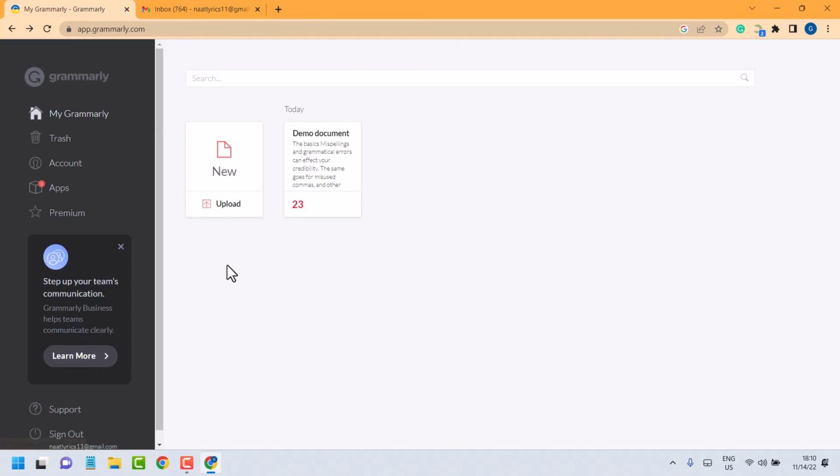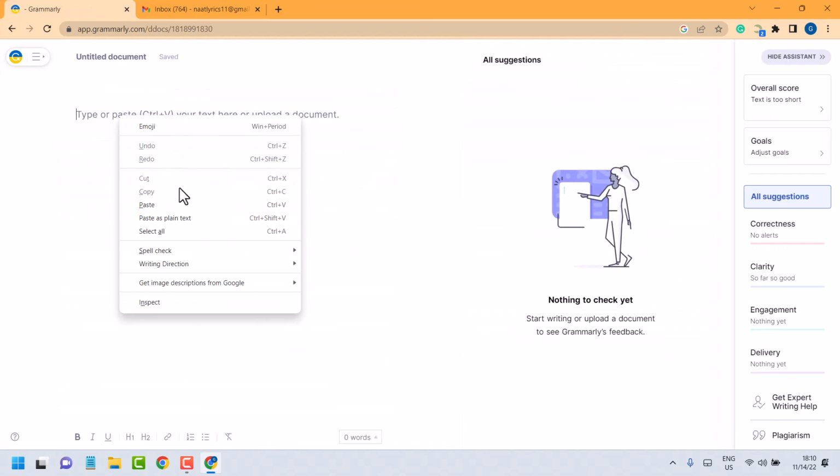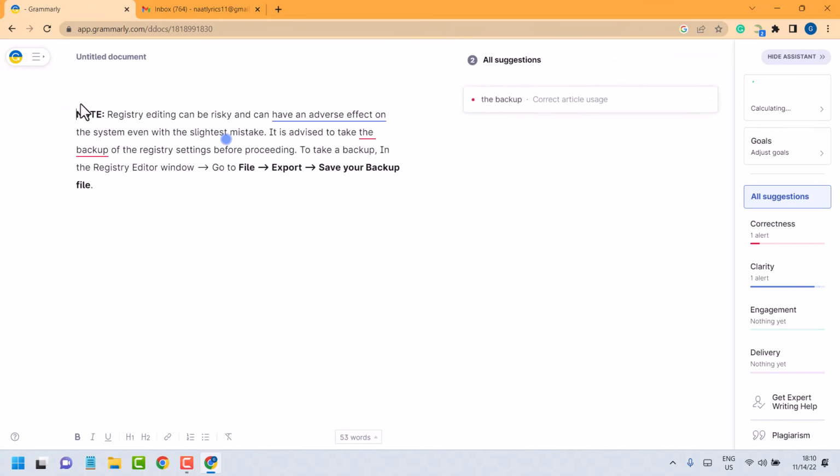And if you download the Grammarly application, click on New and paste your text here. So here you can correct